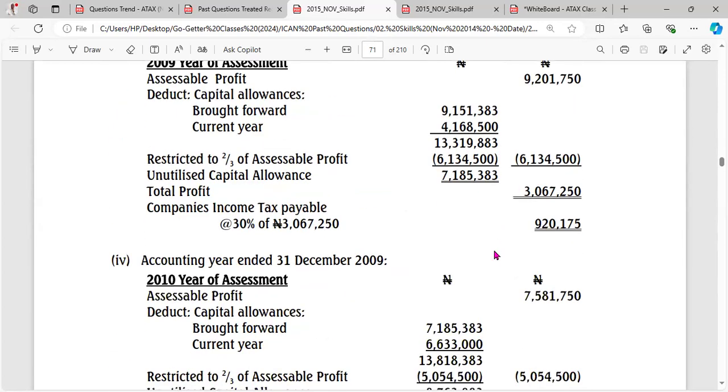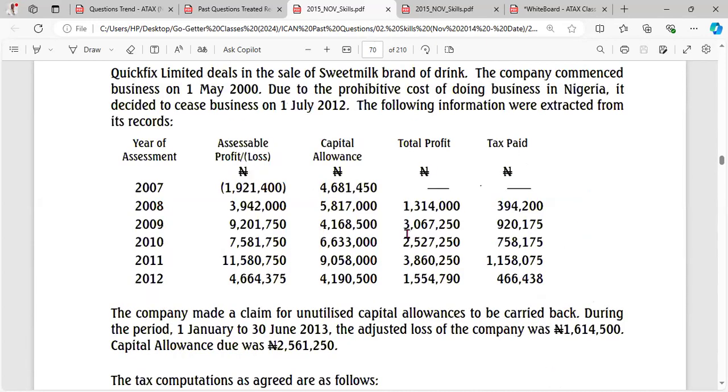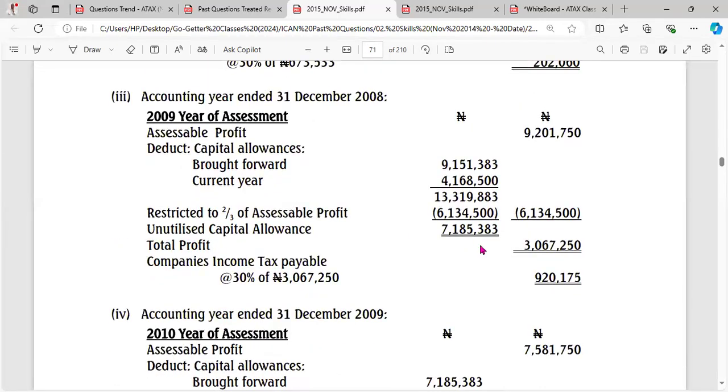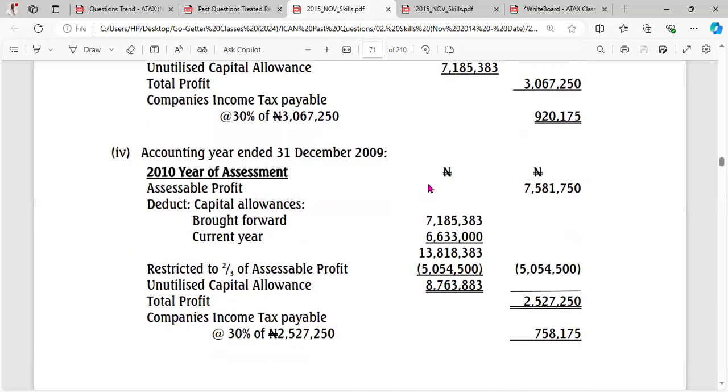Your total profit happens to be 3067250. Let's see. 302. This one is correct. So what we'll do, we'll be taking it from here. Then in 2010, we have accessible profits. We have capital allowances brought forward, capital allowance for the year, total capital allowances restricted to a third. So 2/3 of